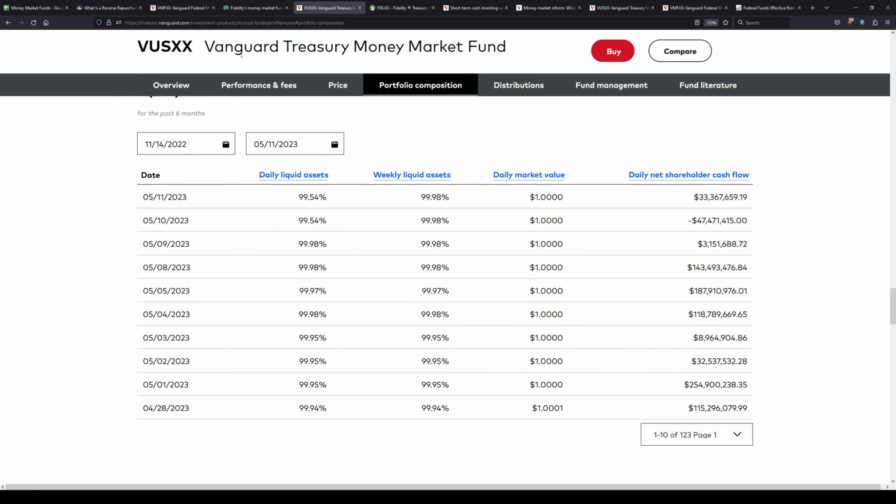For comparison, if we look at the Vanguard Treasury Money Market Fund, which we said was a slightly lower risk fund and is invested fully in treasuries, you can see that the daily liquid assets are 99.5% and the weekly liquid assets are 99.98%. So effectively what this is saying is that if 99% of the entire fund decided to liquidate immediately, Vanguard could cover that entire distribution tomorrow. So this is an exceptionally liquid and safe fund, and this is probably my preferred fund for money market investments,